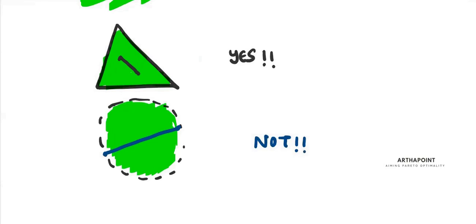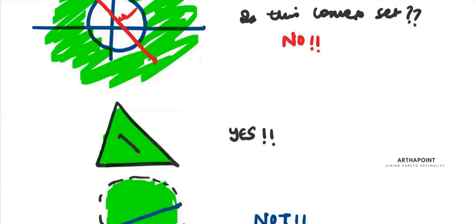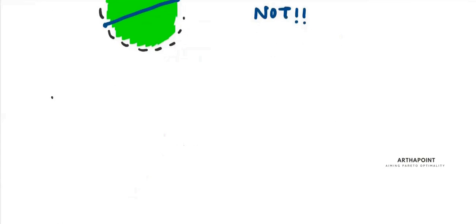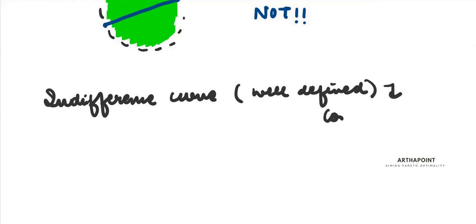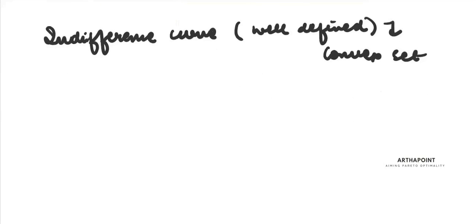Now for us, why this becomes important is because our indifference curves, which are well defined, are actually convex sets. How? Because if I draw my indifference curve,